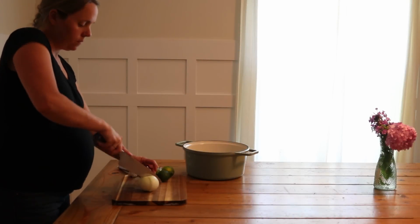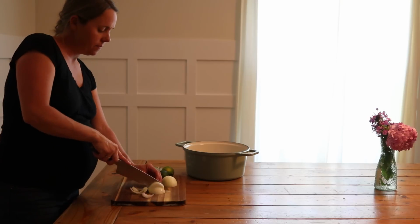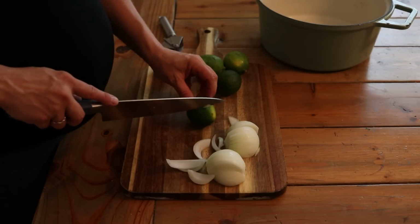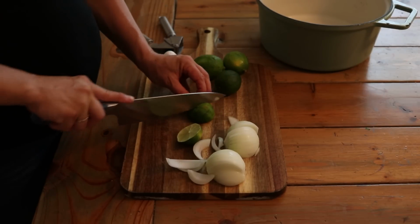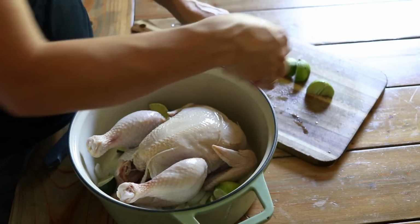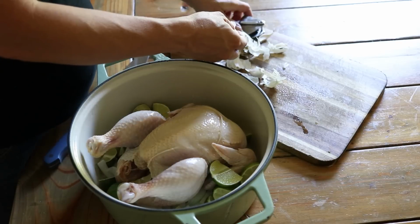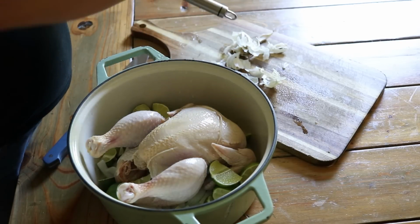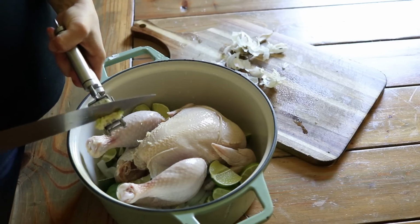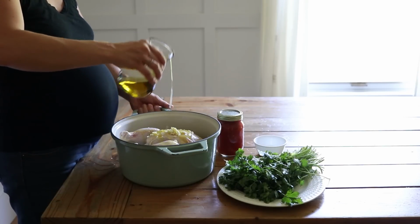After getting some work done outside, I came in to start dinner. For dinner tonight, I'm making a Mexican chicken in my Dutch oven. So I'm just starting off by slicing up some onions for the bed for the chicken. Then I'm just going to drizzle it with a little bit of olive oil, add in some fresh garlic, cilantro,